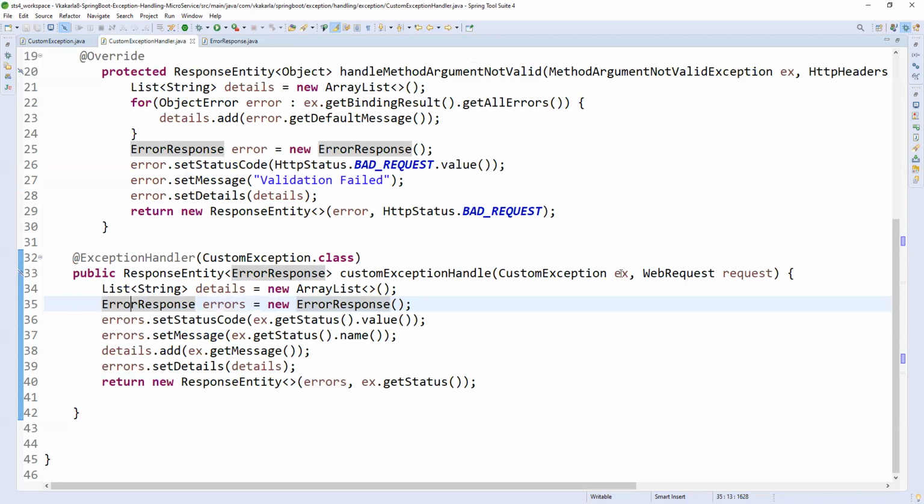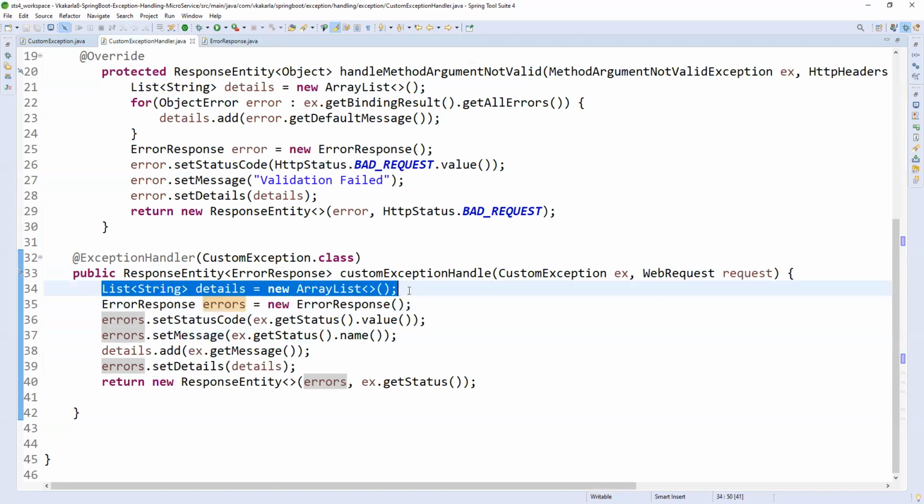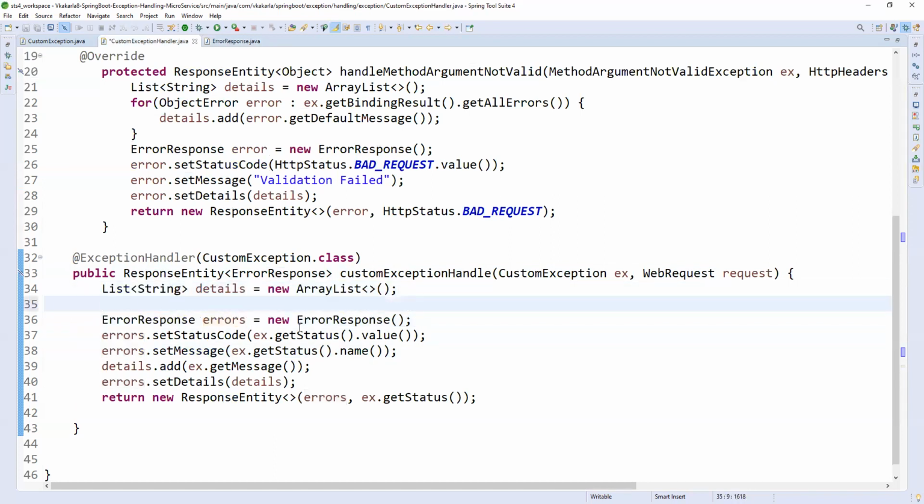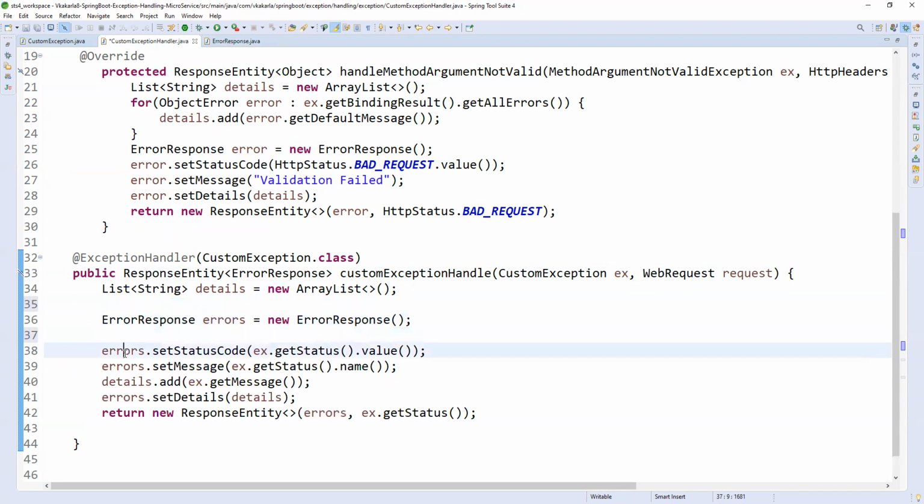Whenever we have an exception as well as an exception status code, simply you can create an error response class and put the details here. Here I'm creating a list of details and an error response. error.setStatusCode, the status code is coming from here. error.setMessage, the message is coming from here.